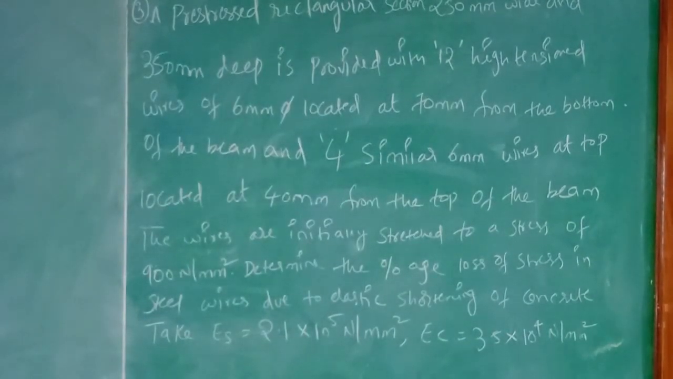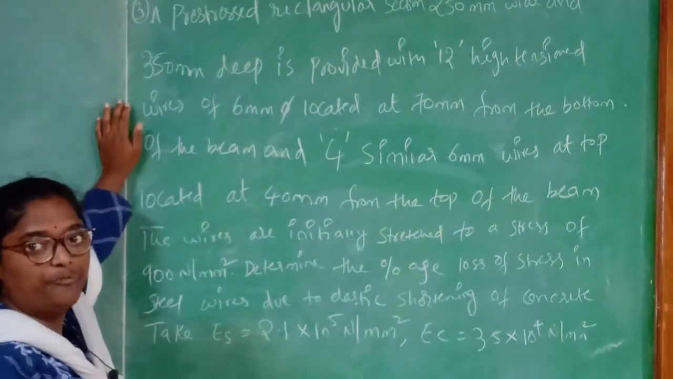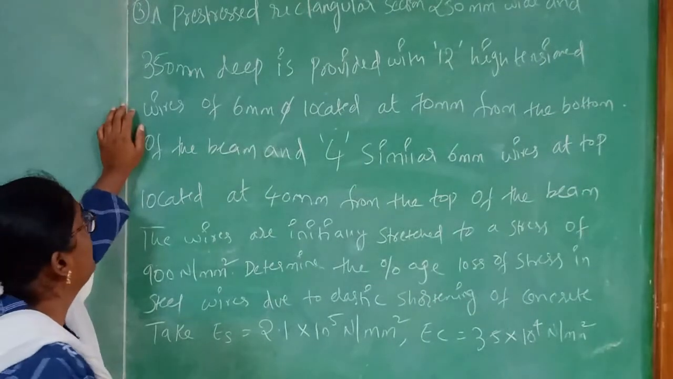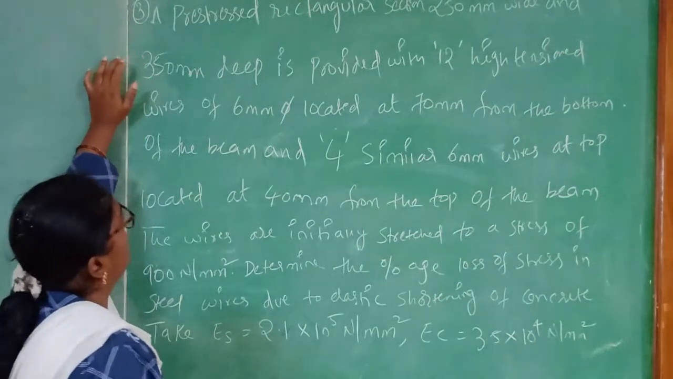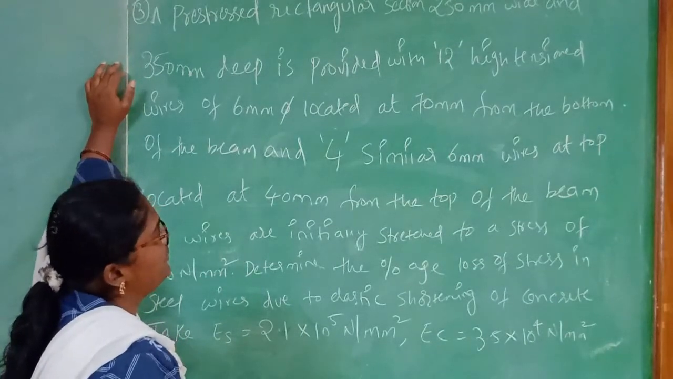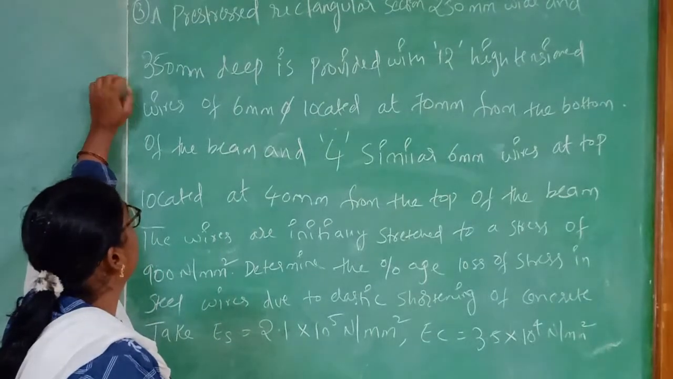Hello everyone. In the pre-stress losses concept, we will be dealing with the third problem. Here, they are asking about a pre-stressed rectangular section 250 mm wide and 350